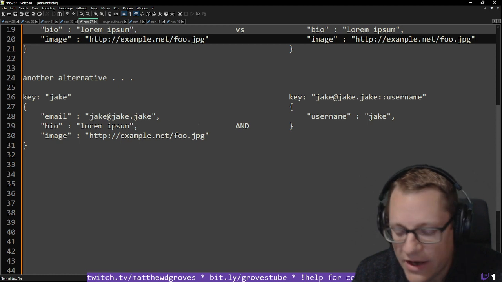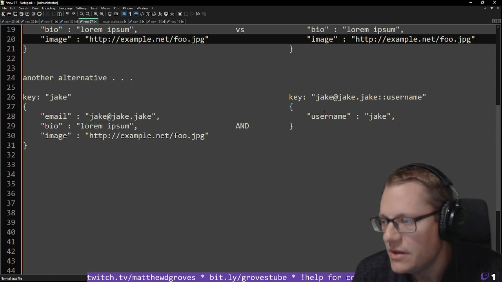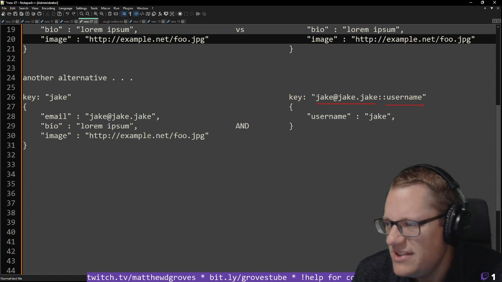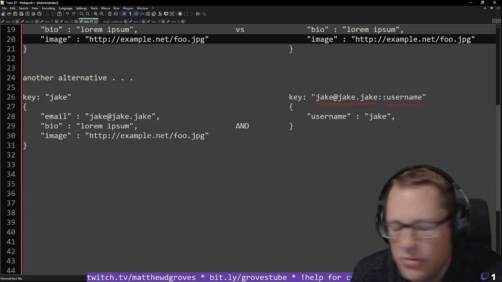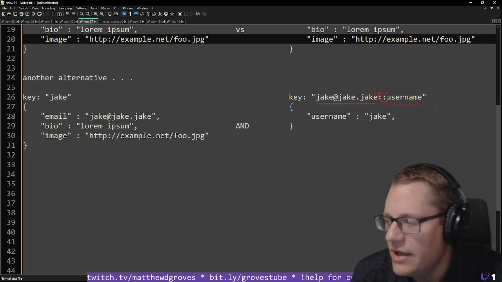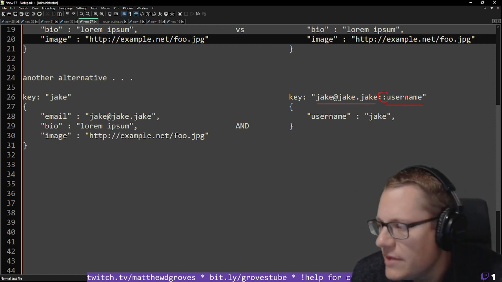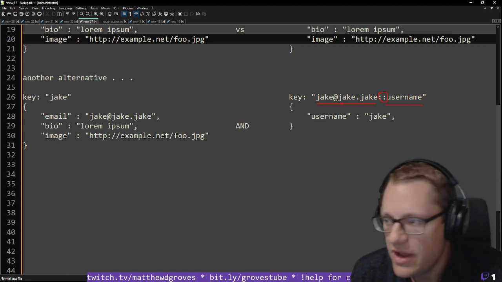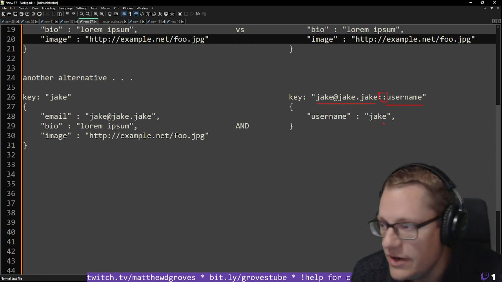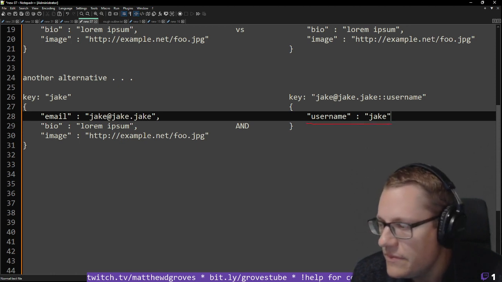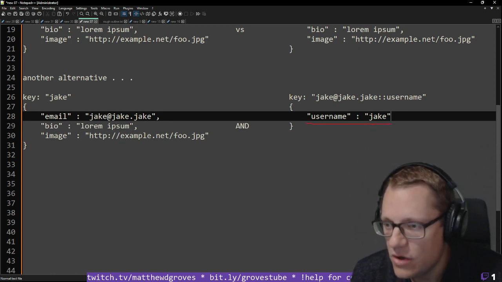Now, next to that, I could also create a separate document with a key like this that repeats the email address and has a little suffix here. Isn't strictly necessary, but could put a little suffix, :username. So this is just a common delimiter in Couchbase. Nothing magic about it, but just a common delimiter. And what this means is that if I have the email address, I can do a key value lookup, and all that's in here is the username. And I can take that username and go look up